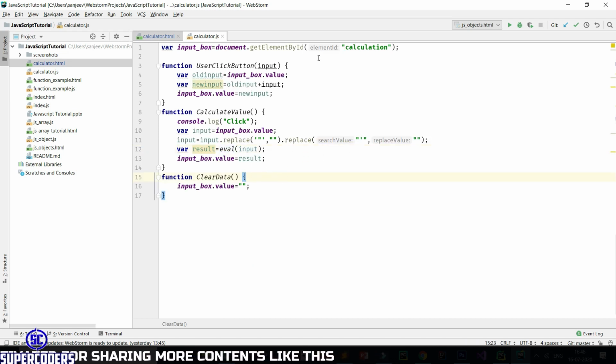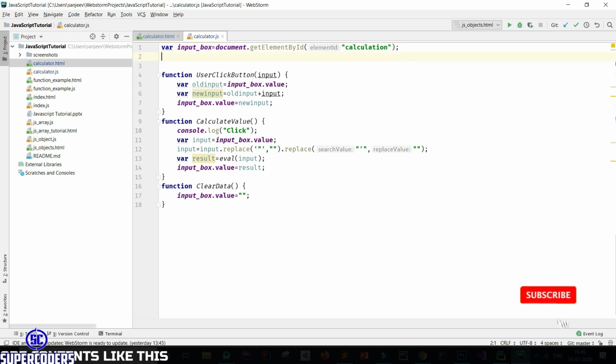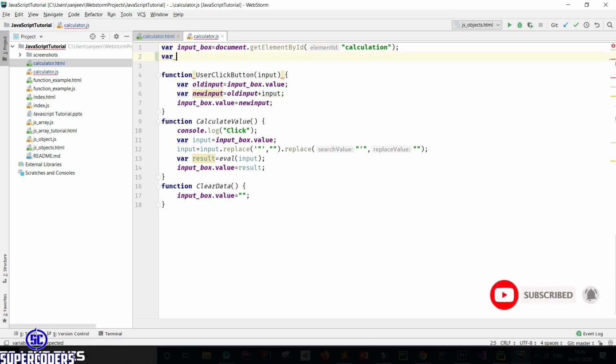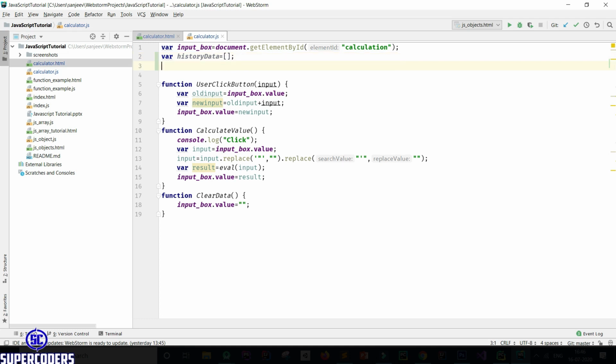Now here I am using the JavaScript object and JavaScript array concept. So let's do this. First, creating an object. So var history data, and make it an array. Then creating an expression object.